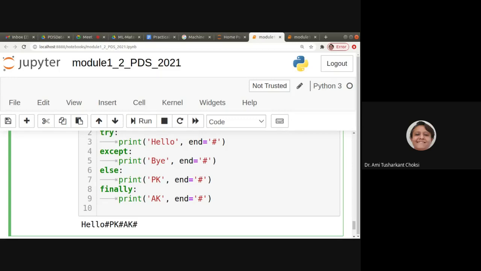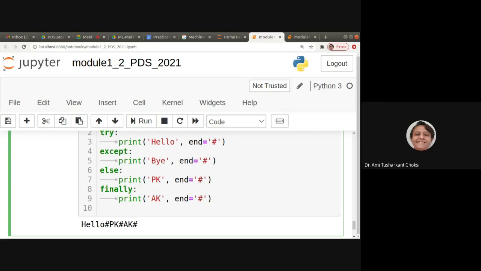We want to say that when an exception is available, at that time it will be handled inside the except. It is not a specific exception like division by zero. That is the specific exception, isn't it? When we write just except, it means it is general. Any exception can be there.